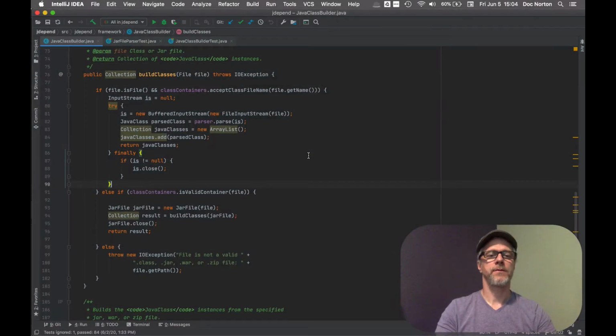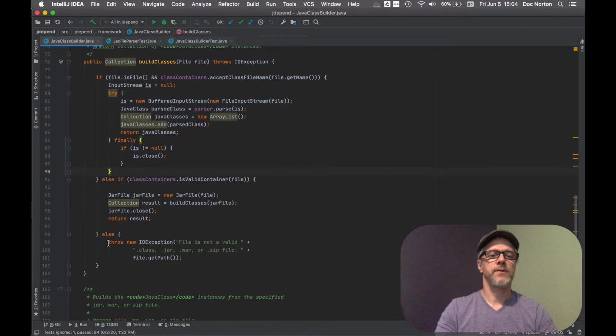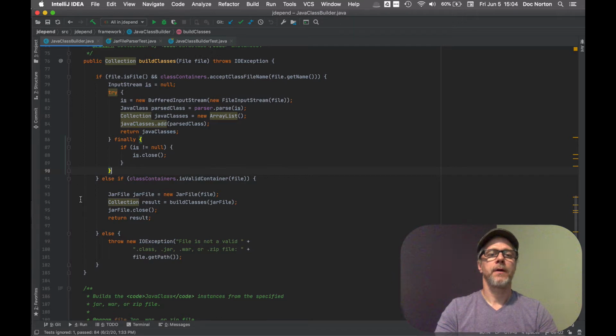All right, let's start off with something relatively easy. I just want to start moving things around in here to kind of clean it up a little bit. So one of the first things I want to do is this final else. I actually want to move it to the beginning of the file as a guard clause. But I can't really do that yet. What I need to do to set up for that